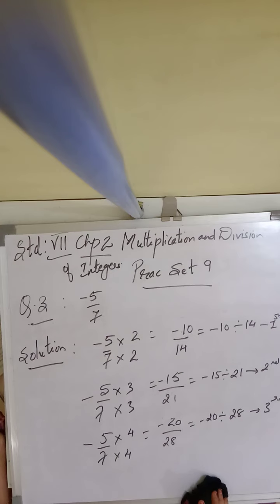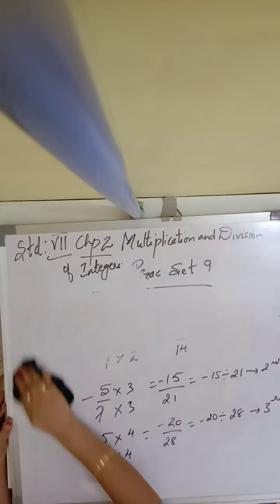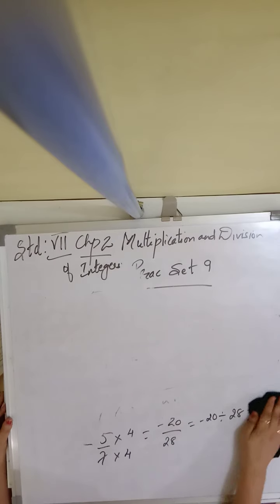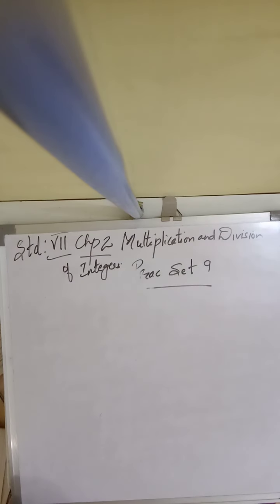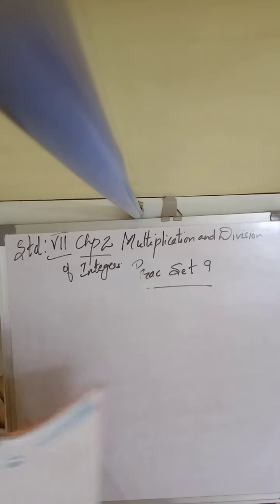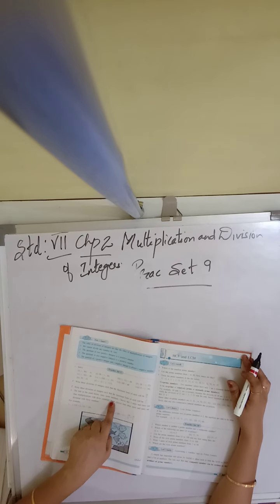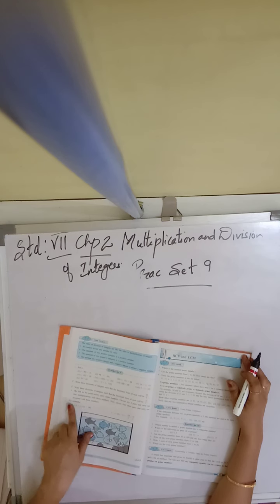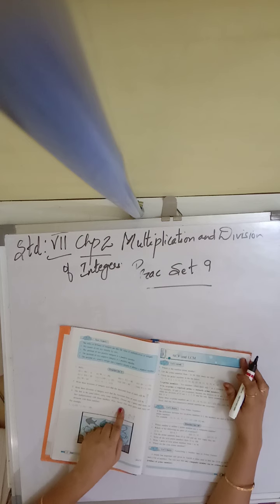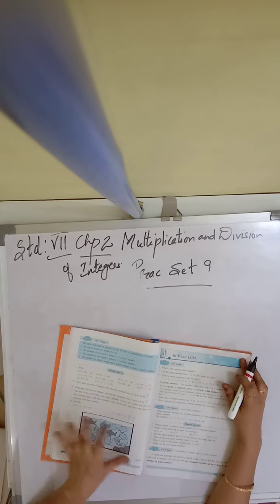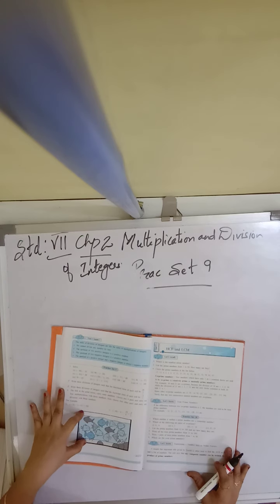Now moving to the fourth question of this practice set, which I will explain and you are supposed to do in your classwork book itself. Okay, so the fourth question says, the fish in the pond below carry some numbers. Choose any 4 pairs and carry out 4 multiplications with those numbers, and also choose 4 other pairs and carry out division with these numbers. Now see children, you can see that one fish tank is given. Each fish is carrying some numbers.